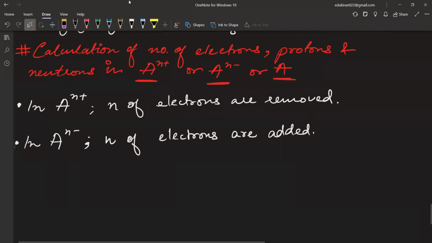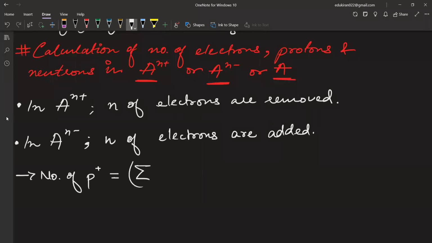Yes, sir. Okay, fine. First of all, we'll find how to calculate the number of protons. Please write number of protons. Proton is shown by the letter P positive, because protons are positively charged. Number of protons is equal to, please write,